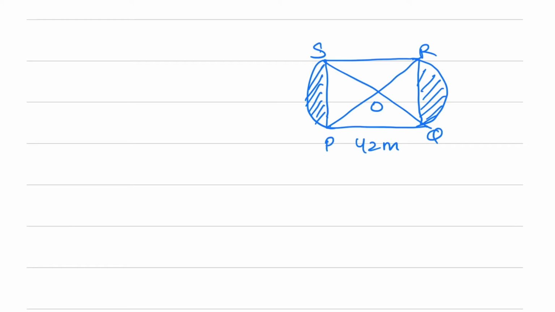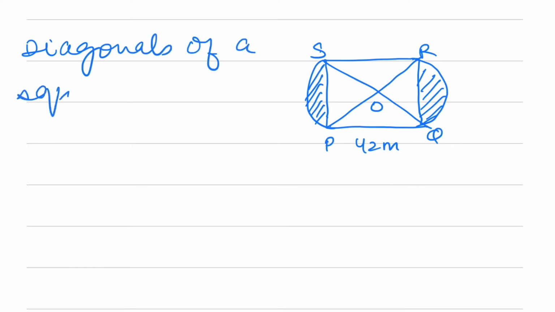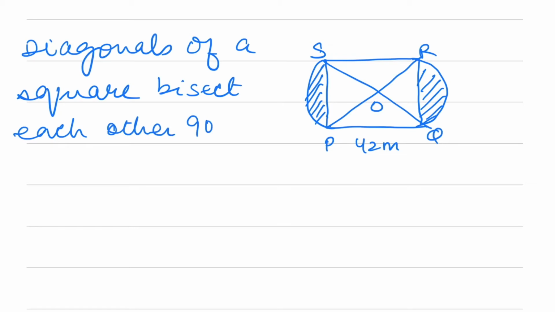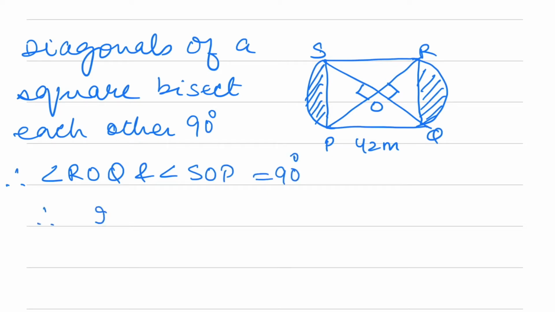First find out the radius. The diagonals of a square bisect each other at 90 degrees. So these angles are 90 degrees. Therefore, angle ROQ and angle SOP are equal to 90 degrees. Therefore, in triangle ROQ,